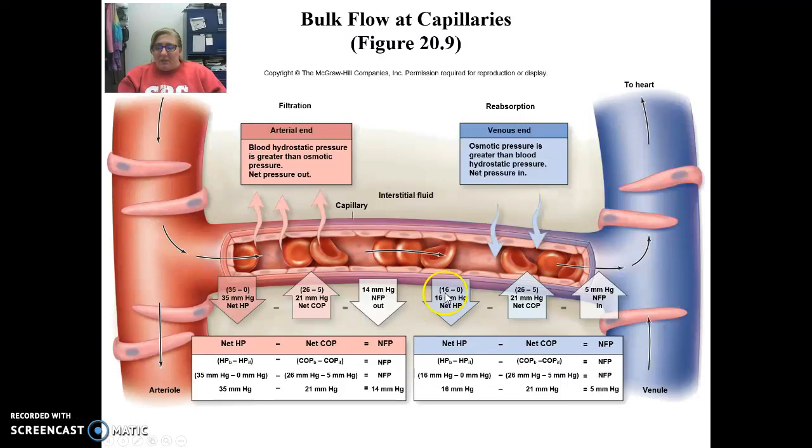And over here, we have 16 millimeters of mercury pushing fluid out for the hydrostatic pressure on the venous end. And we have 21 millimeters of mercury pulling fluids back in. So when you take 16 and 21, you end up with